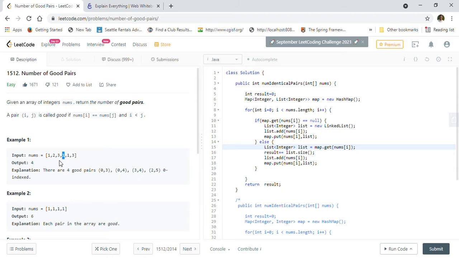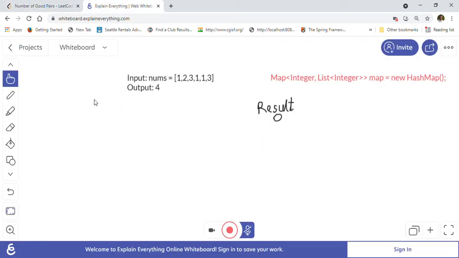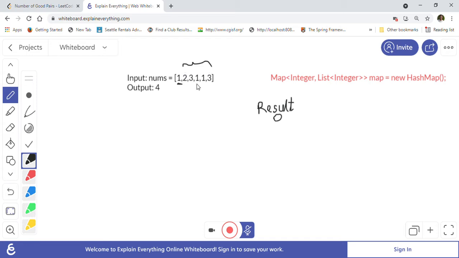So let's take this example and discuss how we can solve this. One easy way is a brute force algorithm, where you take one number, like the zeroth number, this one, and you travel the whole remaining array. Whenever you see a one, you count it. Here also you count it, and here also, as a good pair. Similarly, you take these two, then these three. For example, when you are at this three, you consider the remaining part as a subarray and find another good pair. This way you can count the good pairs.